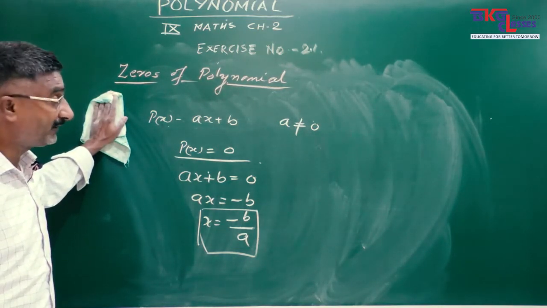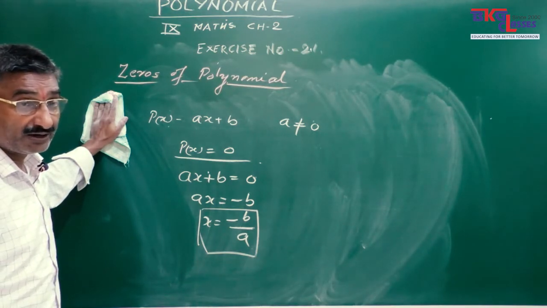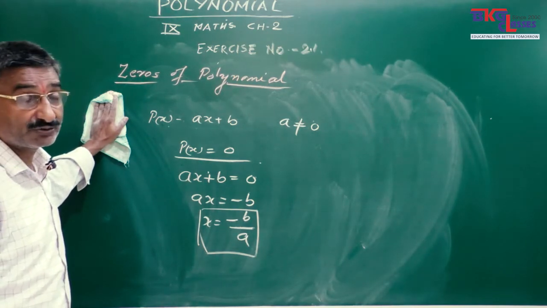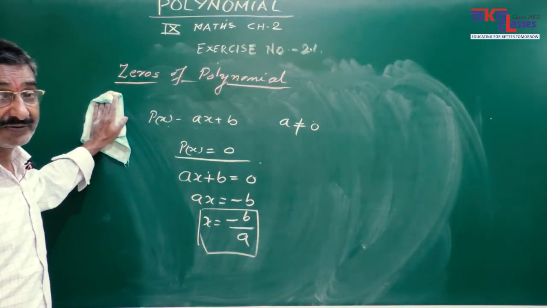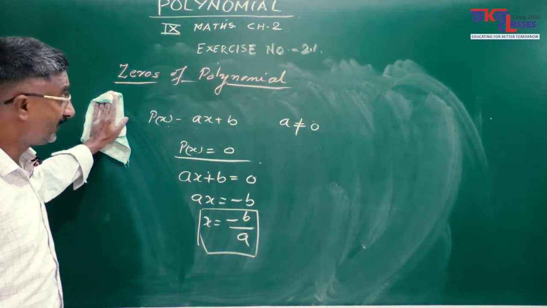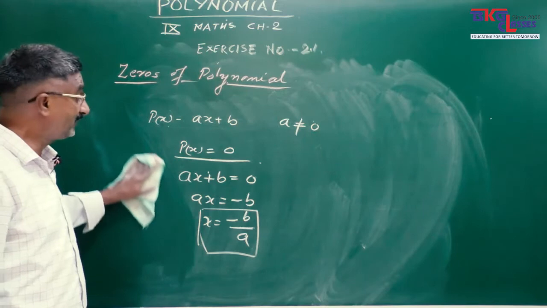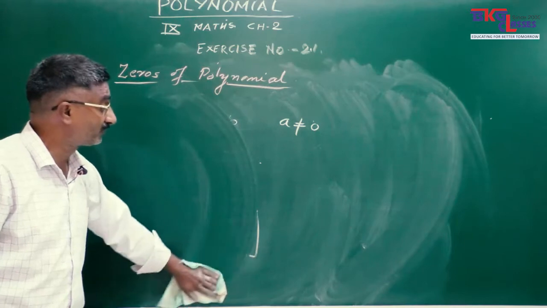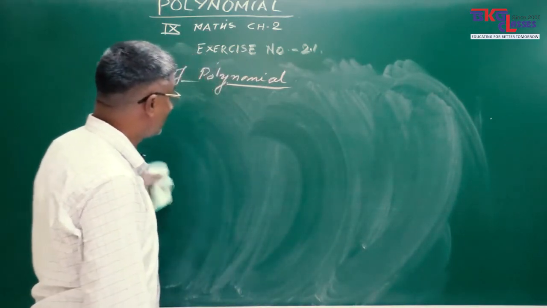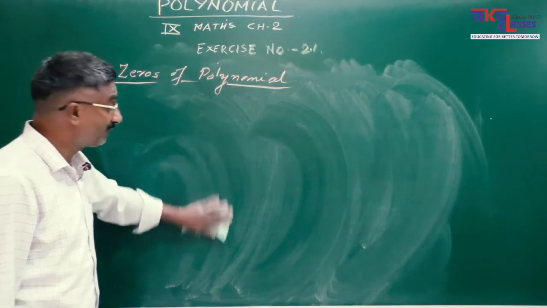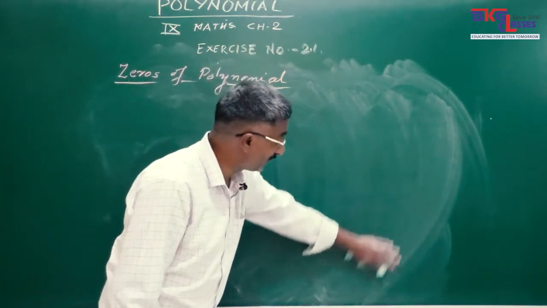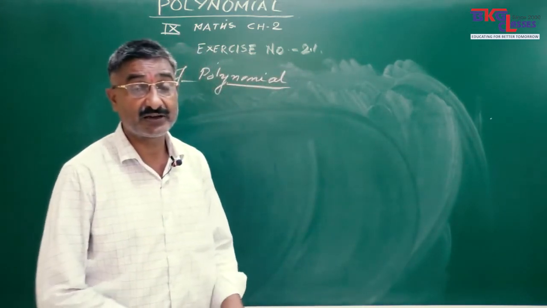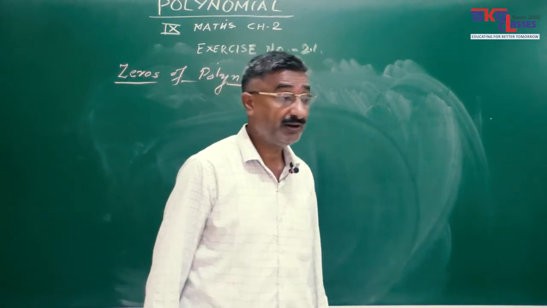This you will find in the second stage when we will find out the zeros of the quadratic, and the zeros of the cubic. If the power is 2, you will have 2 zeros. If the power is 3, you will have 3 zeros. Clear? Here the power is 1, so it is a linear equation. Means the linear equation is having only 1 zero, that is, only for one value of x the equation is equal to 0, or it will have only one root. That is, if ax plus b is the equation, the root value will be minus b upon a.